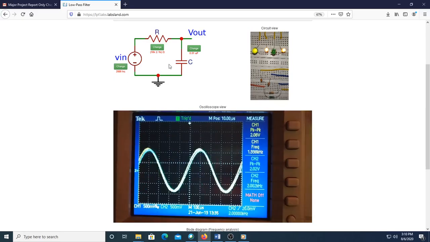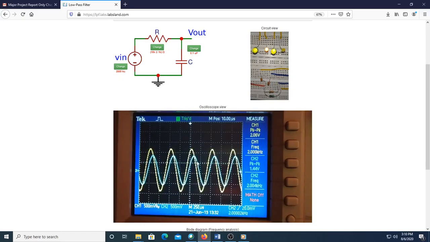With capacitor value equal to 0.1 microfarad, the cutoff frequency of the low-pass filter is 1.75 kHz. Since the input frequency is 2 kHz, which is more than the cutoff frequency, the time response in the oscilloscope shows the output voltage peak-to-peak amplitude is 1.4 volt, which is lesser than the input signal. It's also interesting to observe that the phase of the output signal lags more than 45 degrees compared to that of